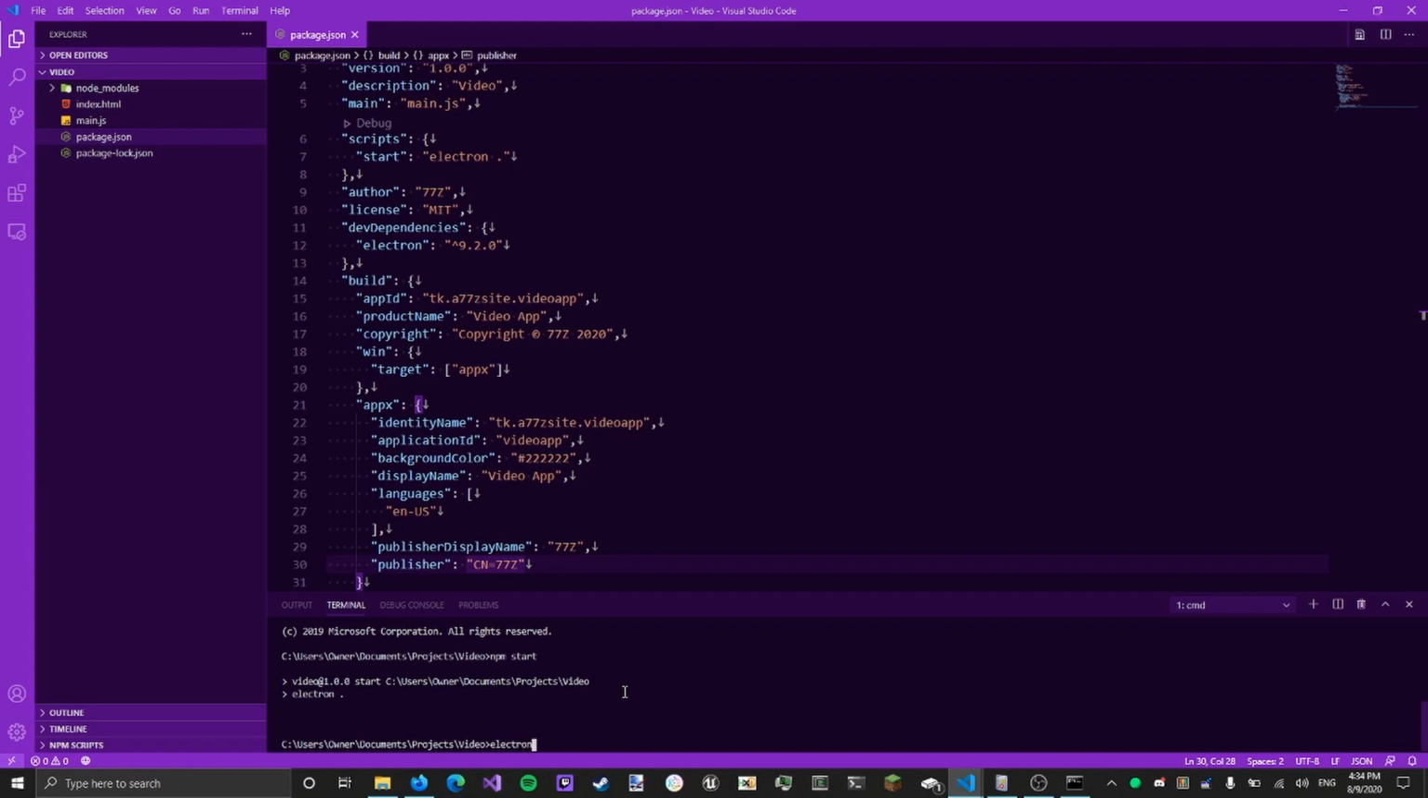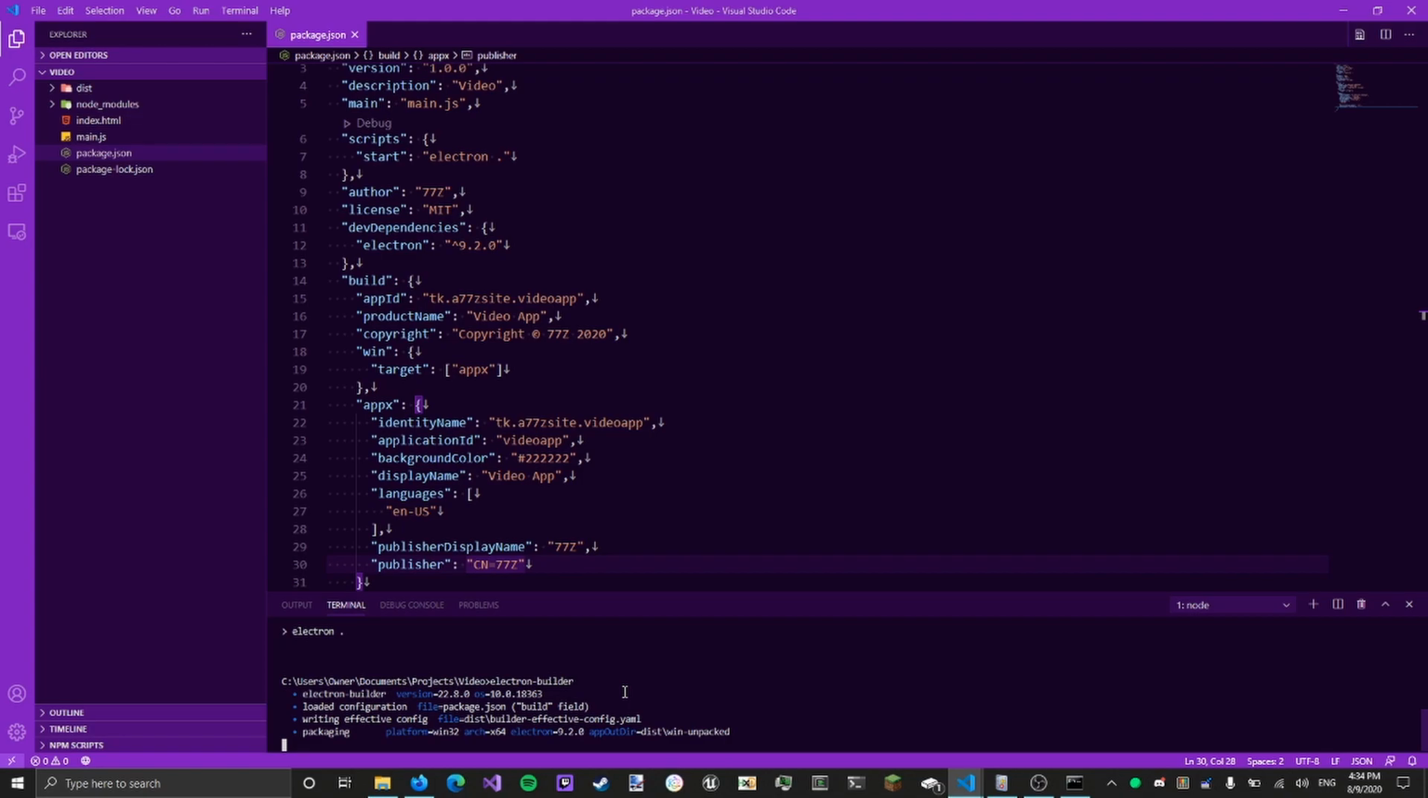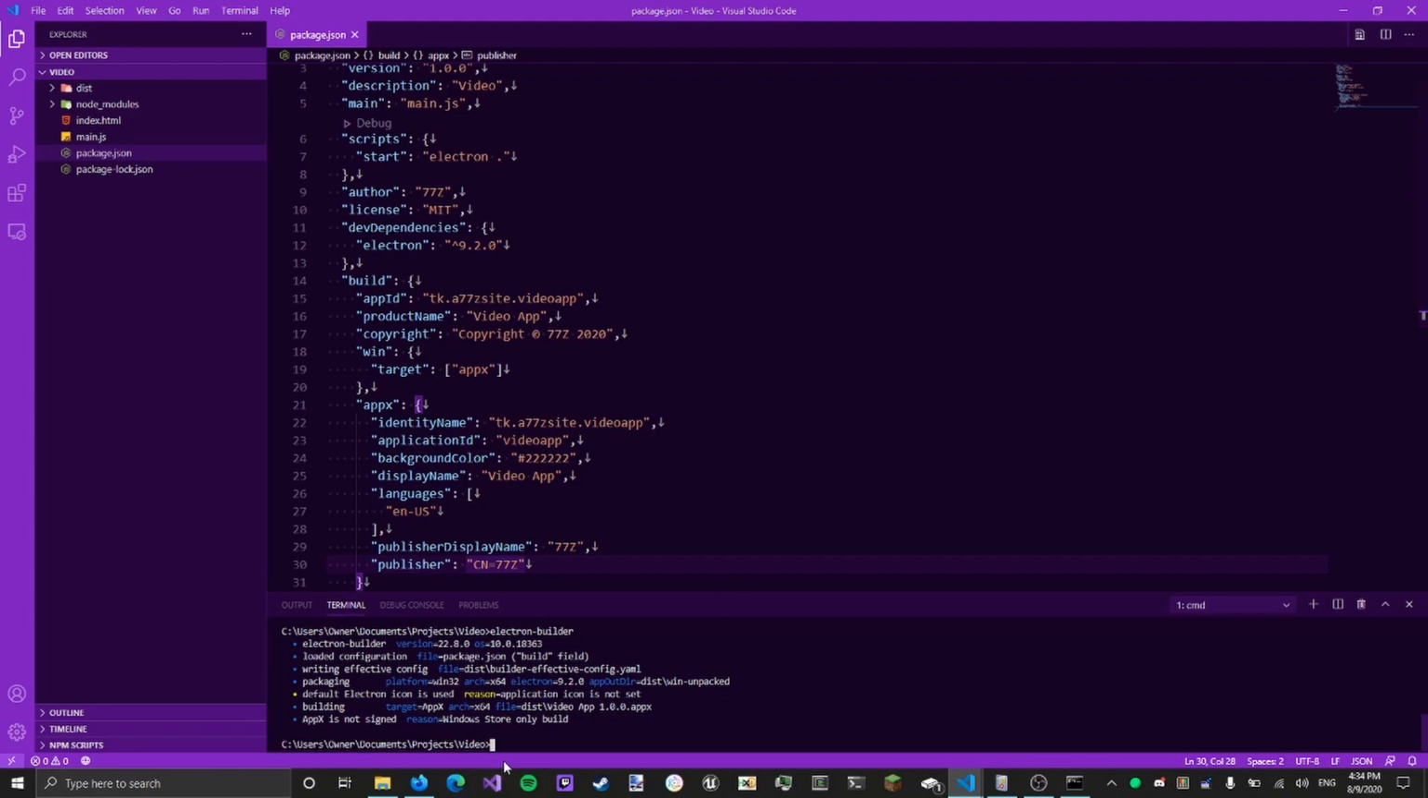You can just do Electron builder. It's probably a good idea to set icons. You can find further specifics on how to set AppX icons on electron.build, and just go down to the Windows AppX configuration. And so you see at the bottom, AppX is not signed. And so it says reason Windows Store only build. This might confuse you at first, but